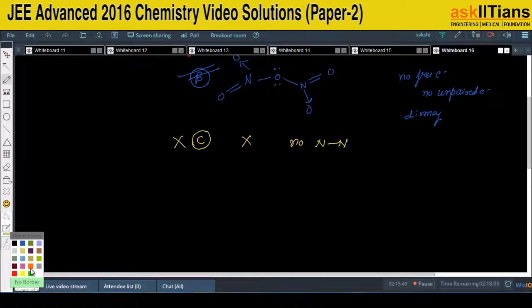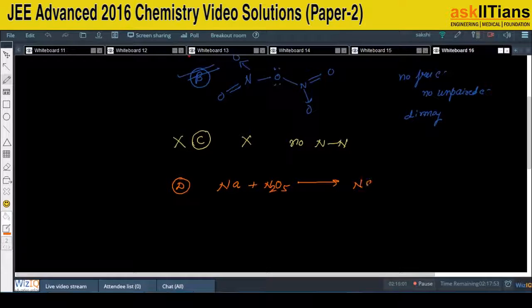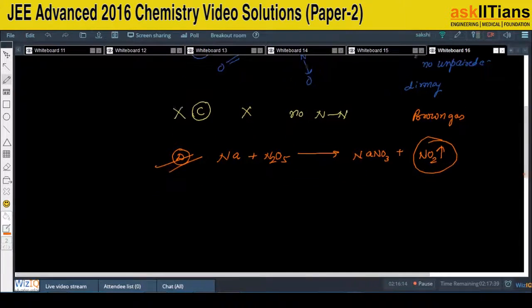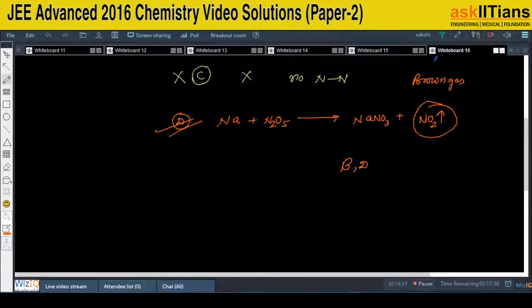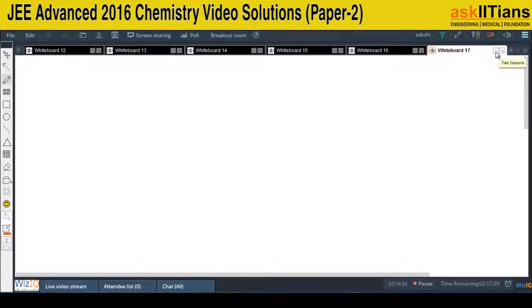And again if I ask you to come over to the last option, which is option number D, it says that sodium will react producing a brown gas. So sodium is going to react with N2O5. Again, this is a good thing because sodium will be forming NaNO3 and it will be forming NO2. Now NO2 by nature is brown in color, and hence we can say that option number D is also correct. So for this multiple correct answer question, option number B and option number D are the correct options for this particular question. Now students, having done with question number 31, it's a time that I should be moving